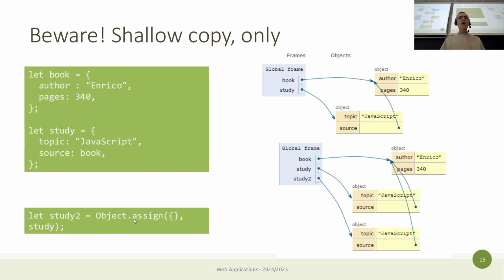And if you do Object.assign, you end up with a new JavaScript object. Above here is the previous situation, and below is the new situation. You end up with two objects, topic, JavaScript and source, but you have only one of the objects that is referenced. So in this case, if you want to duplicate everything, either you write your own code or you search